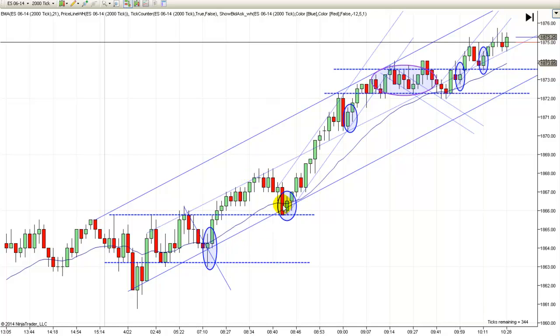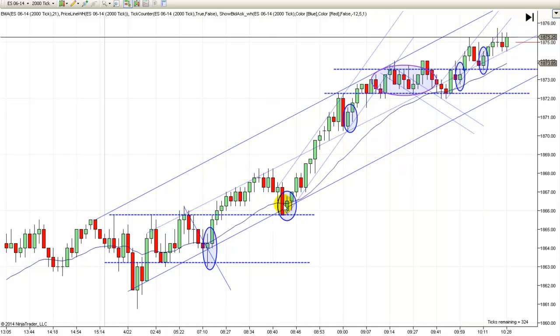And then we get a two-legged correction back to the trend line, the EMA, and it's also a retest of the high of the range, and it turns prices up. This is second entry long. Notice the new high, first entry pullback, second entry. And both of these were really